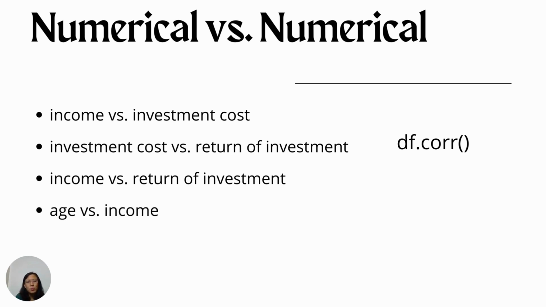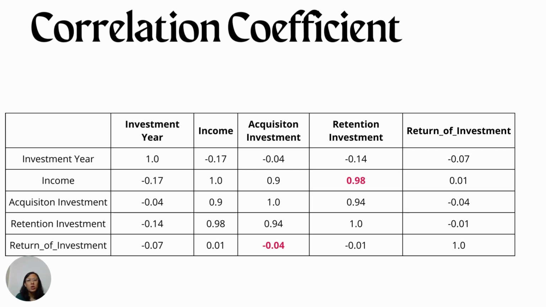For this purpose, we can use df.corr in Python. CORR stands for correlation. If you use df.corr, this is the result you will get. We can see that the correlation coefficient between income and retention investment is 0.98. It means income and retention investment are highly correlated. Once the investment is higher, income also goes higher. So this gives you predictable values where we might be able to predict the income based on the